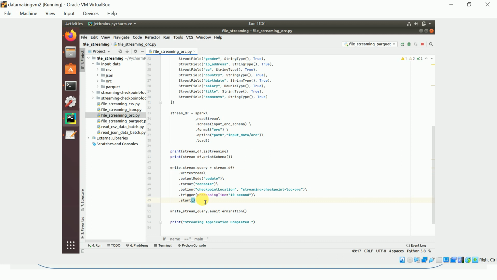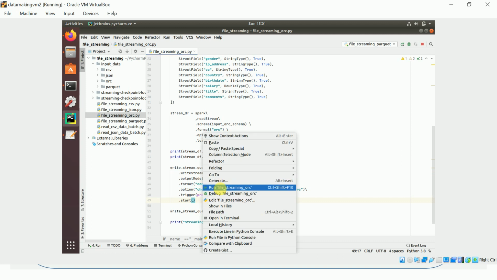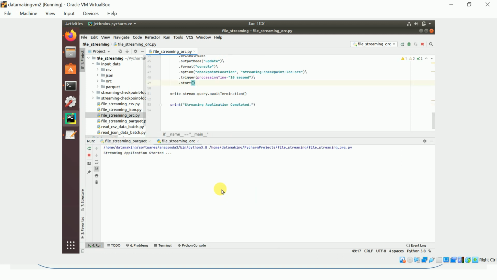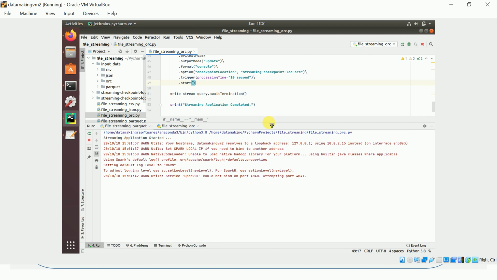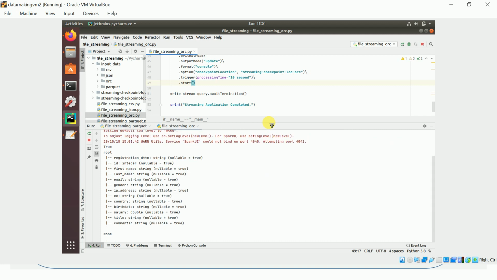So here we are not doing any aggregate. If you want to try it out, because I already did the aggregate on the JSON file format, you can take that piece of code from that program and try it in both Parquet and ORC. If you have any doubt, you can post your queries in the description section of this video. I will definitely help you. If you want to reach out to me, my email is indiacloudtv at gmail.com. You can send your mail.